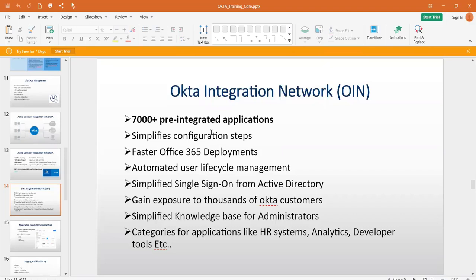But if you have an application that is pre-integrated already, and it supports provisioning, you don't need to build separate code or host separate code on some server. No need of anything. Automatically it will take care. So that is also another benefit.